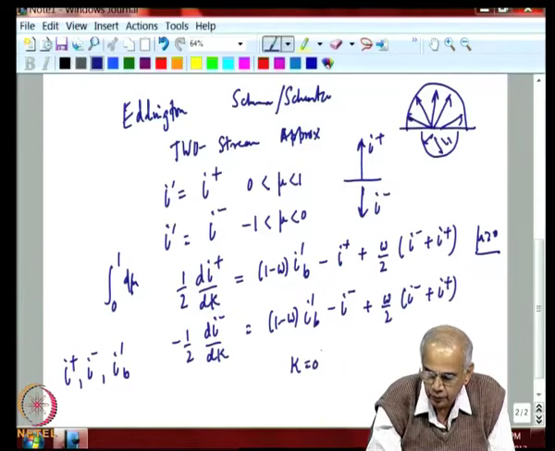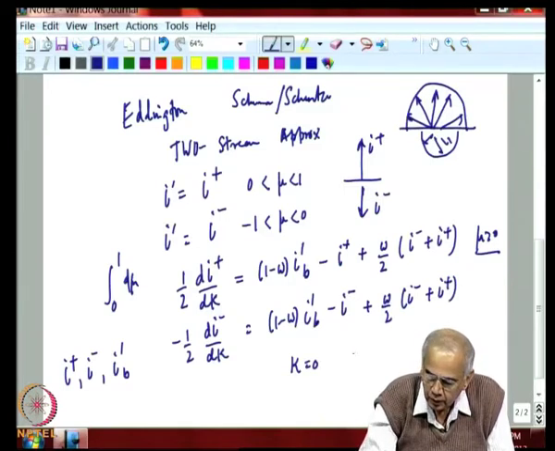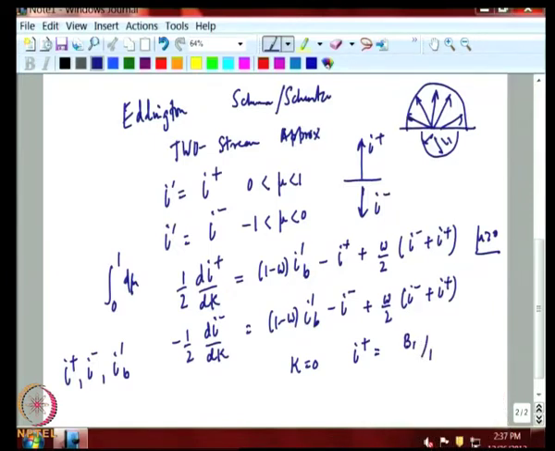At kappa equals 0, the lower boundary, the upward going radiation has to be equal to E b1 by pi, that we know. And so we have essentially a parallel plate model, 0 and kappa 0, this is 1 and this is 2. So, in the top plate, the downward radiation has to be nothing but E b2 by pi. So, we know the boundary conditions on I plus and I minus at one point,